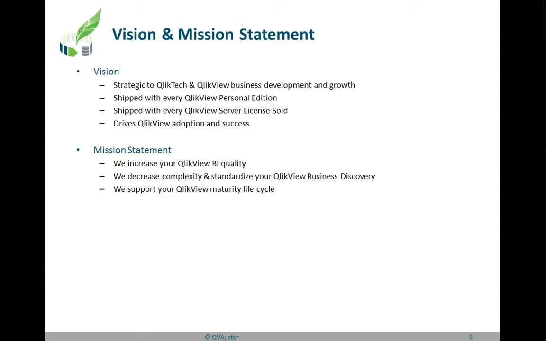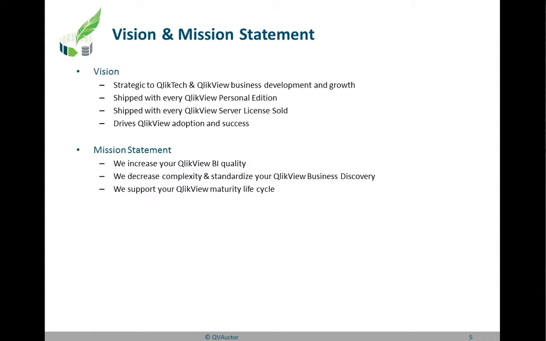The vision and mission of the company is that we are very much strategic to ClickTech and ClickView business development and growth. We see this through, that if we get to a point where we are shipped with every personal edition and shipped with every ClickView server license sold. And of course, the aim is to drive ClickView adaptation and success.